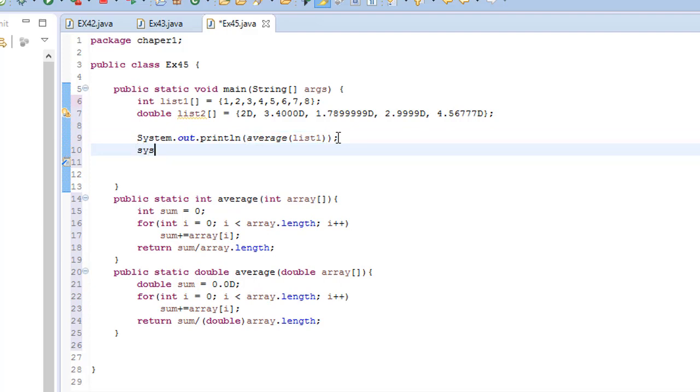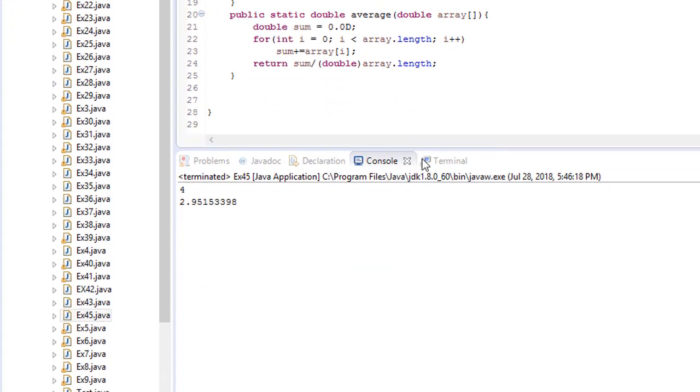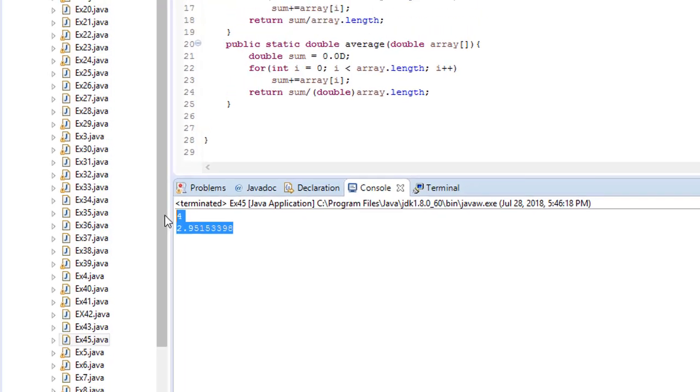I do again cout, average, list 2. See, and then save. Let's try to run. So you see,